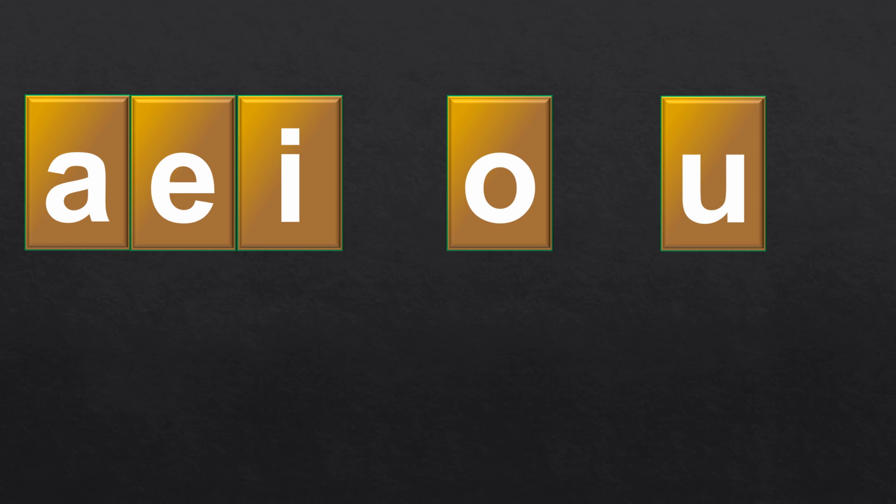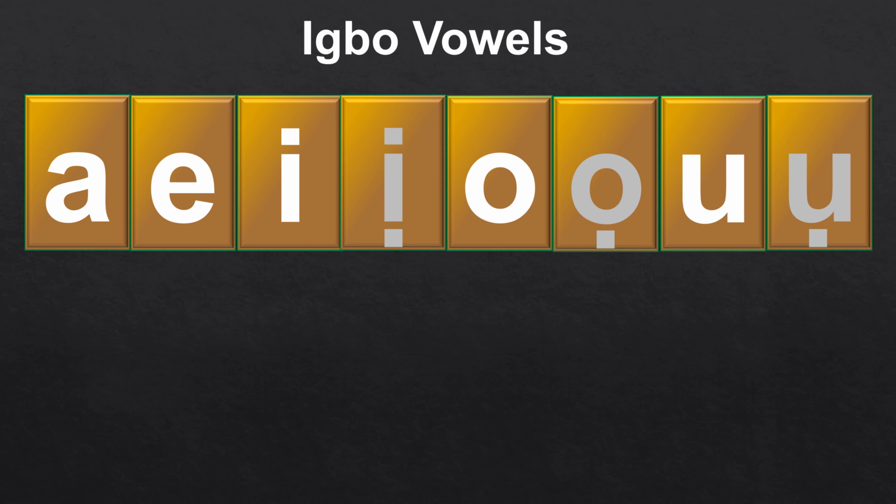In Igbo, we have 8 vowels. The 8 vowels include the 5 from English and 3 additional vowels. The additional vowels are Ạ, Ọ, Ụ. So in all, in Igbo, we have 8 vowels, and they are